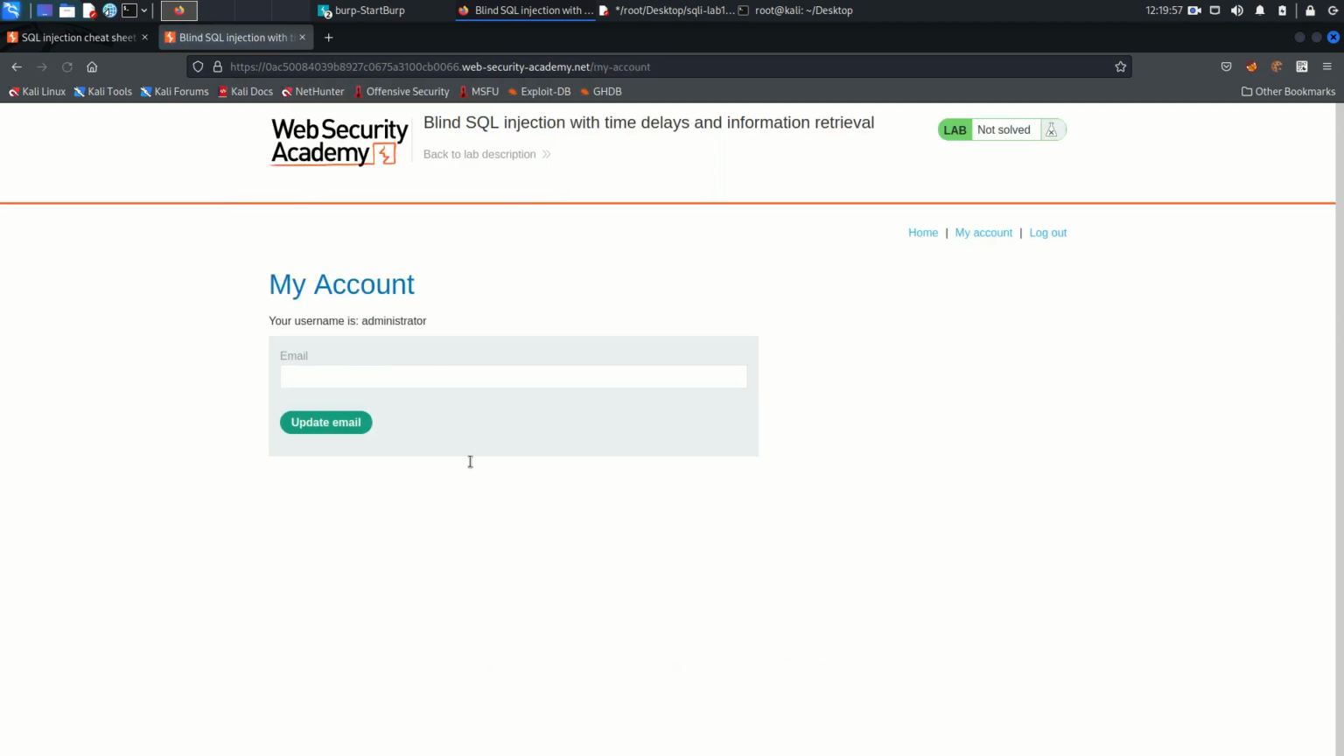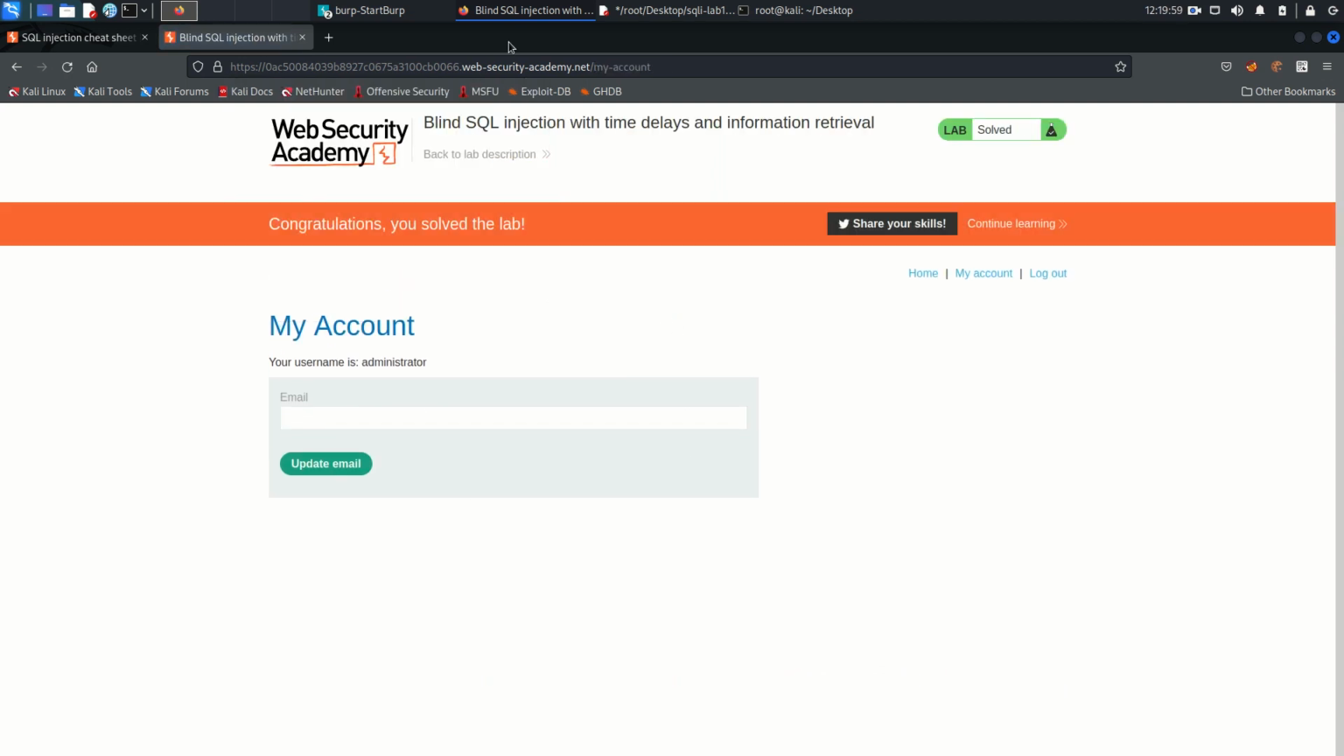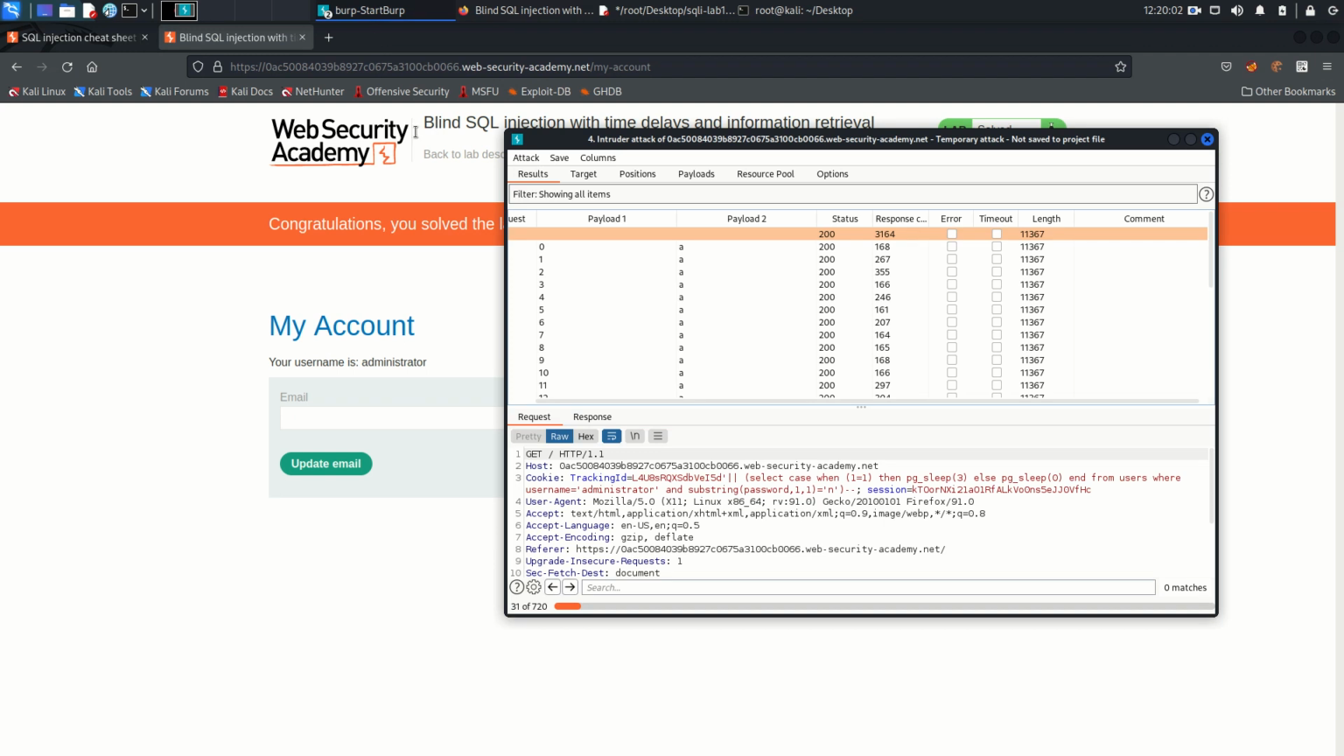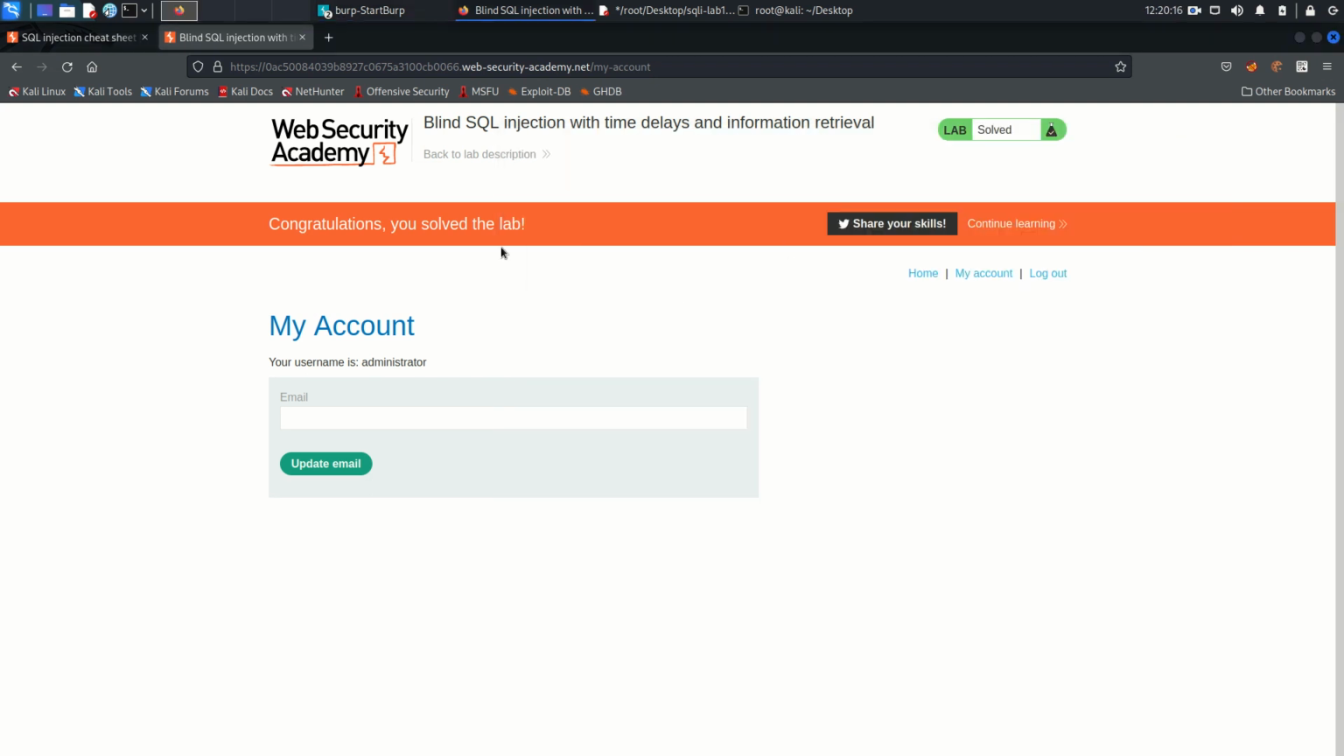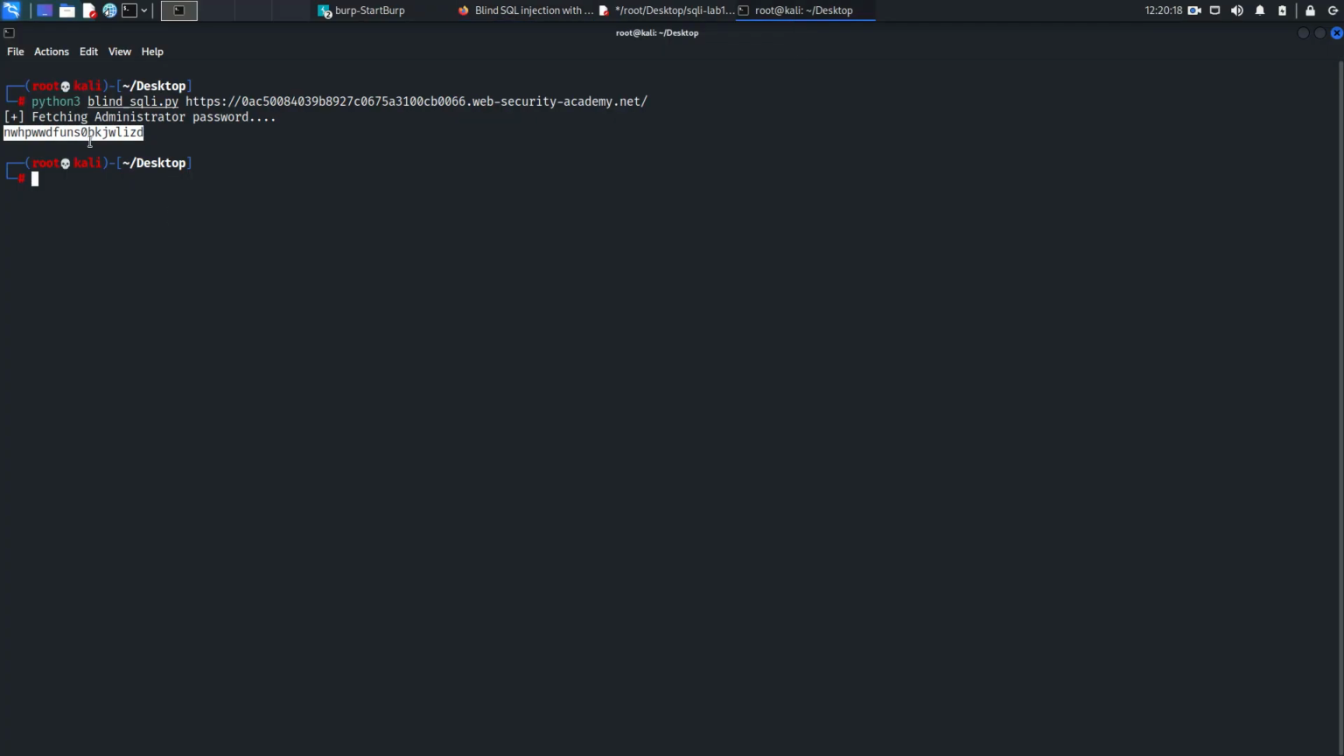So to complete the lab, I am not going to wait for the Burp Intruder to give me all the characters of the password, right? If you have the professional edition, then it's very fine. It will be very fast. But in terms of the community edition, it's very slow. So in the next lab, I will show you the script, and we will write that script in the next lab